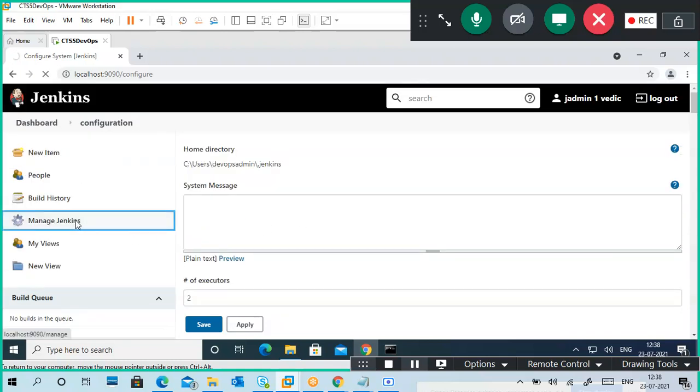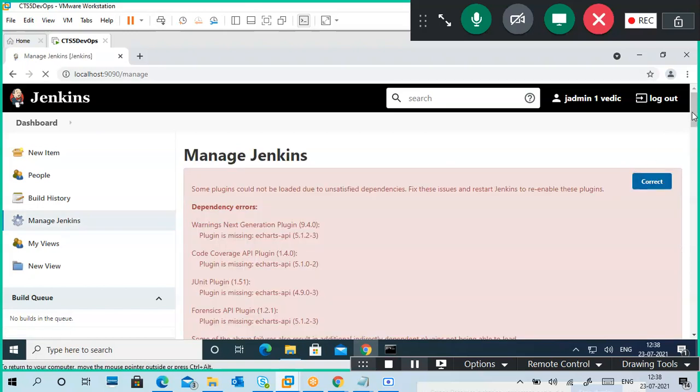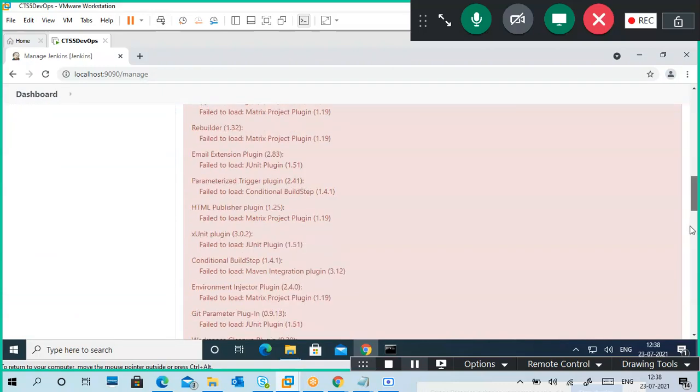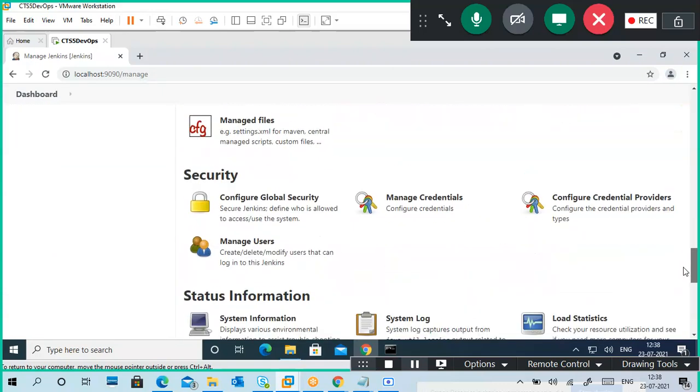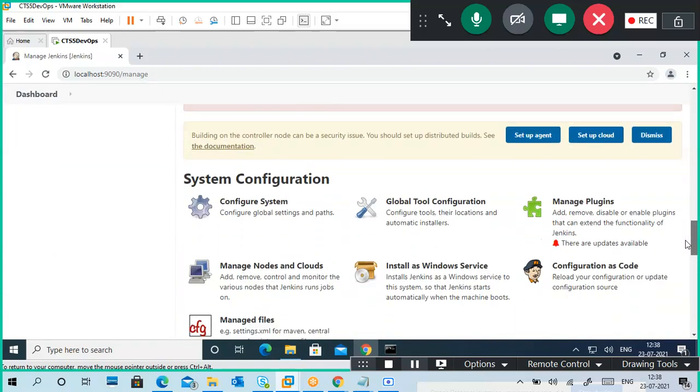So we'll go to Manage again. This is the global configuration. First, we see the system configuration about our system and servers, like email server, SSH servers, or anything we want to connect. You can connect using a configuration, as well as global tool configurations.